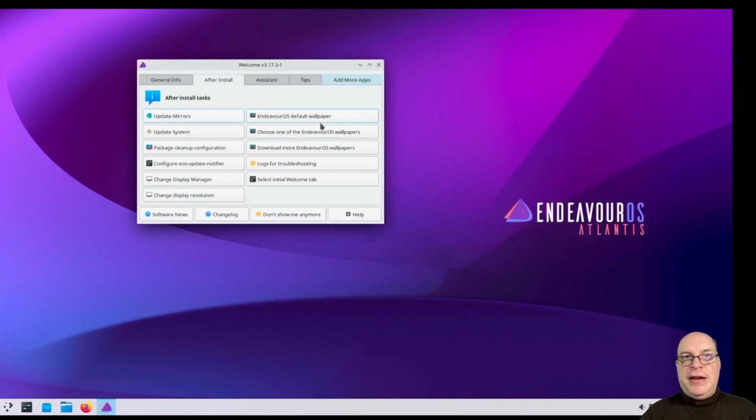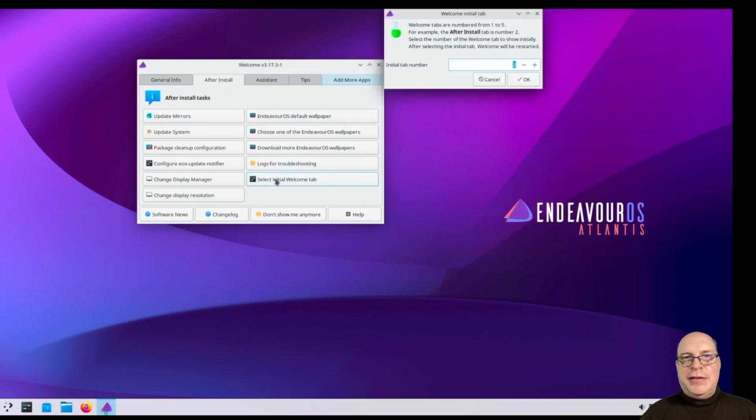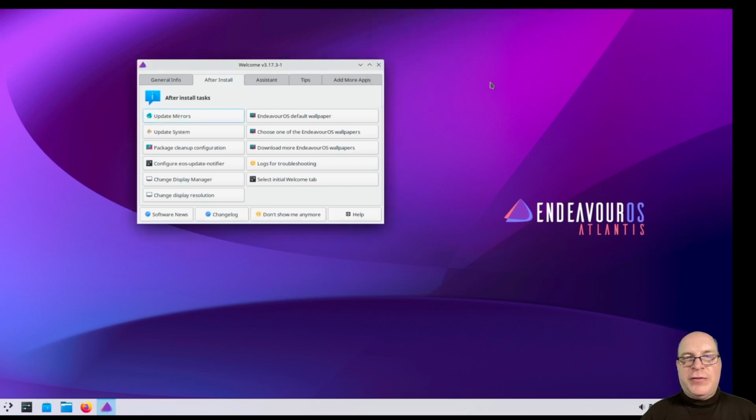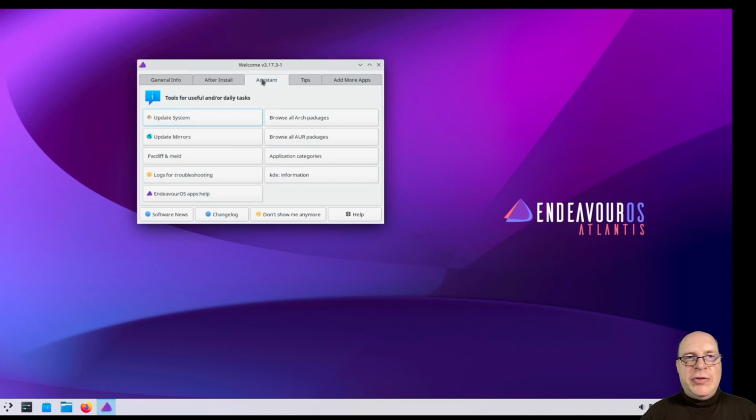And definitely want to do that for privacy reasons. You can select the Welcome Initial tab, which is 2 in this case. That's the After Install tab. We'll leave that there. Under the Assistant tab, you've got Update System, Update Mirrors, PackDiff and Meld,